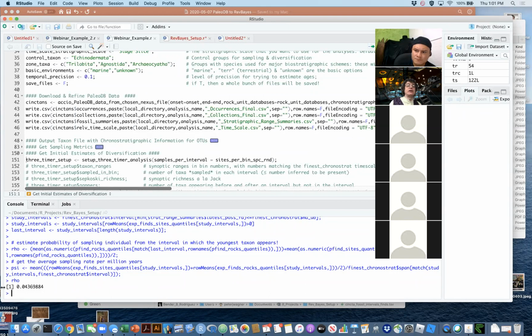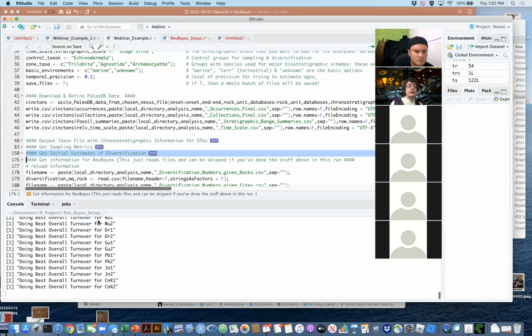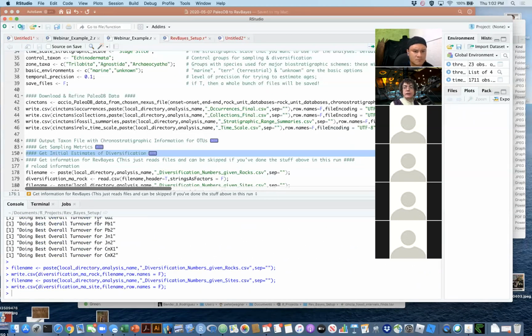These are just particular ways that I'm doing it. Again, the emphasis being on what we've done is we've taken a Nexus file that someone might have gotten all the information from the Paleodb, tied down the ages a bit more than the Paleodb itself would, and output it like that. We're also going to get a quick and dirty shotgun estimate of the origination and extinction